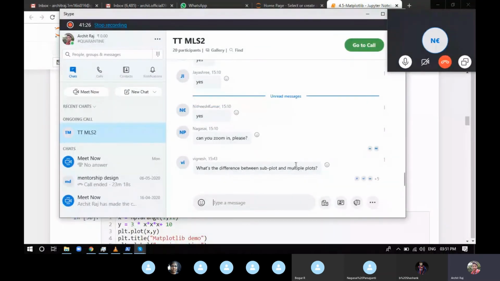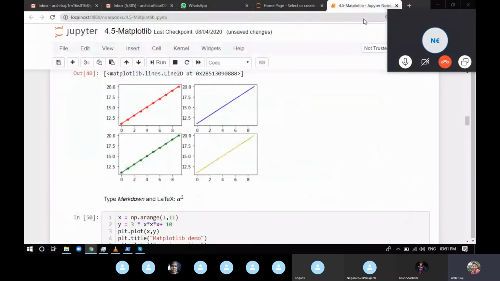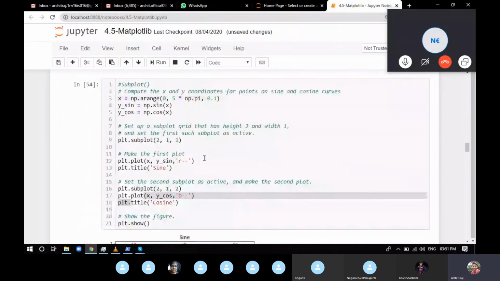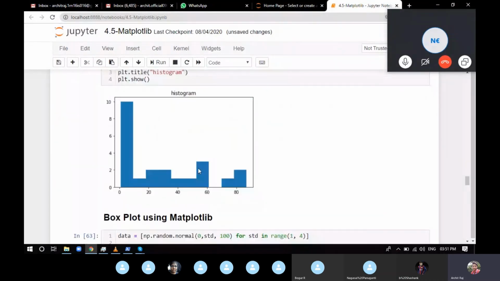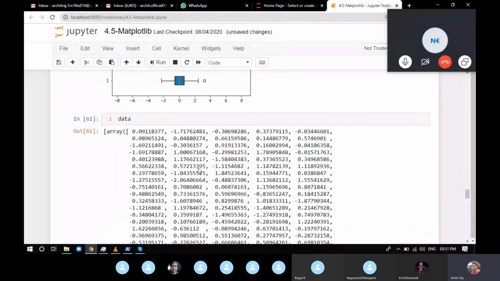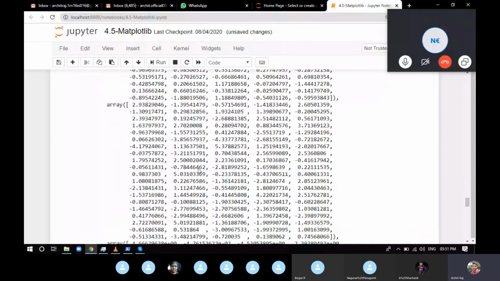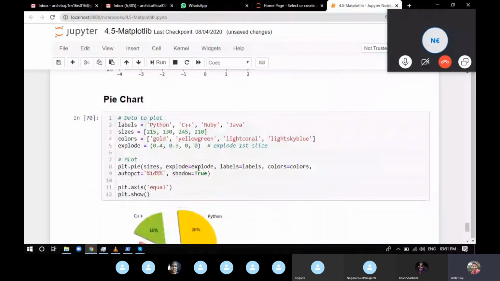Now, box plot has been done. The last topic will be pie chart. The pie chart is one of the best looking and most informative charts that you can see. Now to make a pie chart, use the proper function, pie. So pie takes some attributes, which is sizes. Sizes defines what exactly data that you're providing.